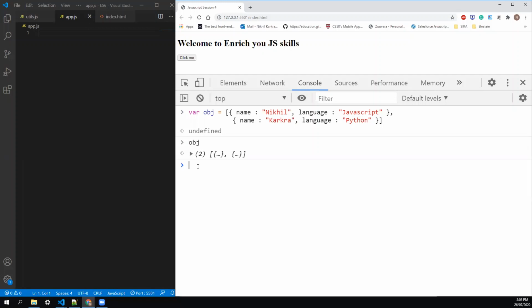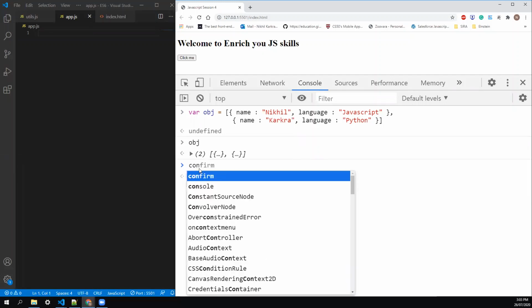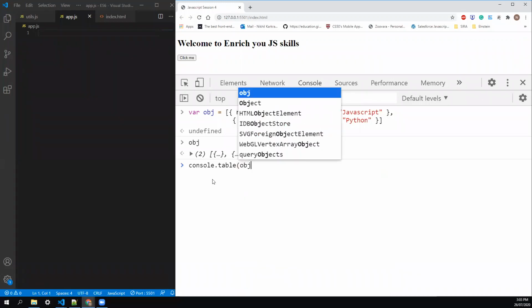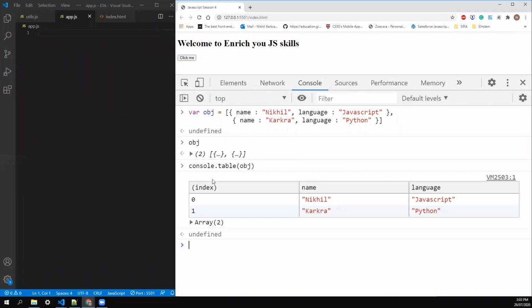So to achieve that, you can simply print console.table, which converts my array of objects into a table, and just pass that object. And it's very handy from a debugging point of view. It gives you a clear difference: what is the name, what are the languages, what are the index values for that particular object.